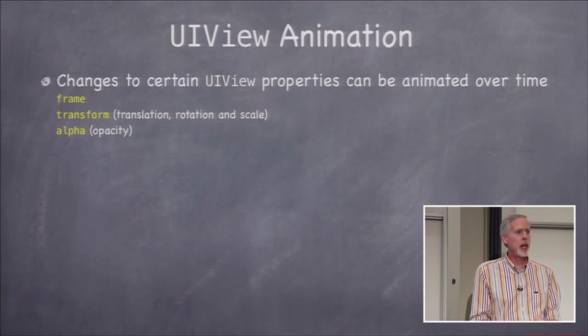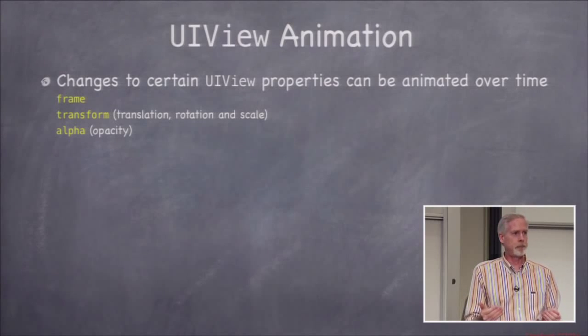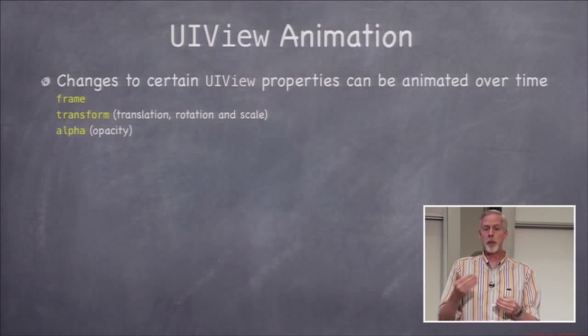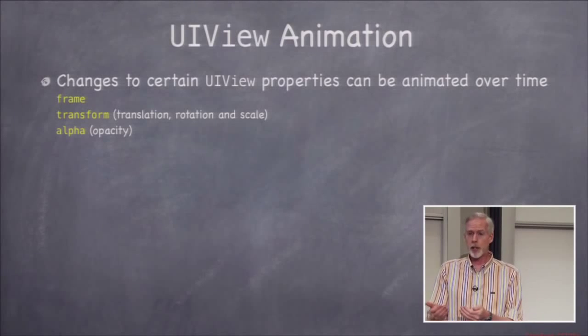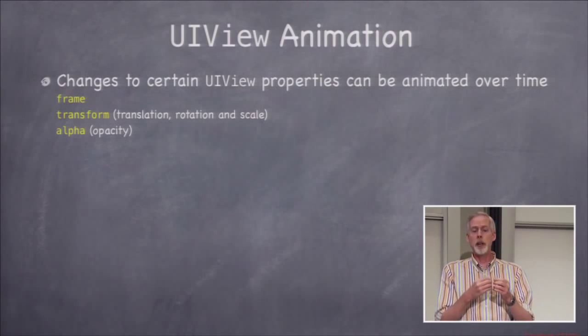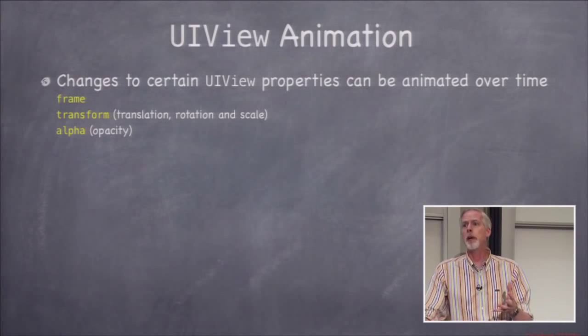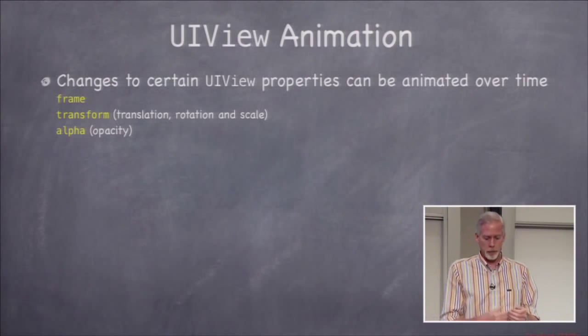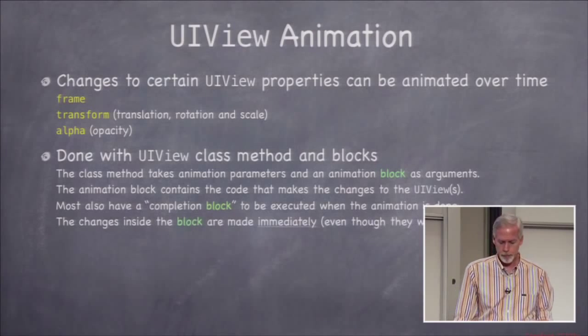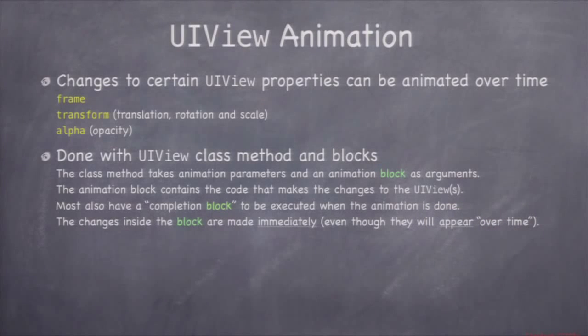These 3 things can be animated at any time in a view, meaning you set them to a new value, and it'll set it to that new value immediately, but the effect will appear on screen animated over some amount of time. So let's take a look at how this works. It's done with a class method in UIView. Okay, a class method. It's not an instance method in UIView. It's a class method. And the class method basically takes the animation parameters, how long to take, and